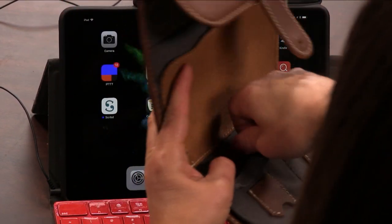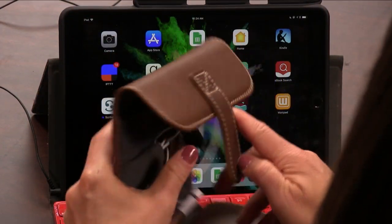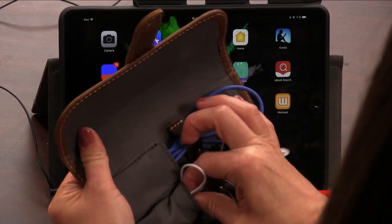So Pad and Quill does great stuff. The Pad and Quill Folio cord organizer. I haven't done a good job. You can tuck them in here. Yeah, I noticed. Let's tuck it in here. So these are headphones. This reminds me a little bit